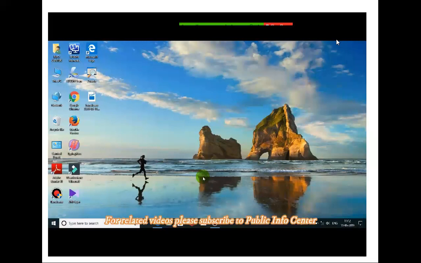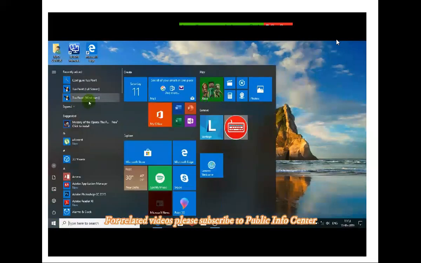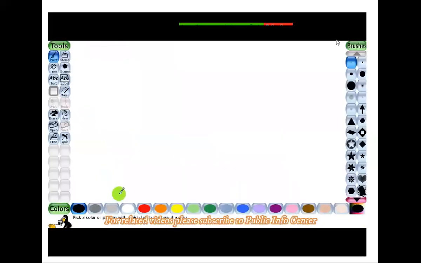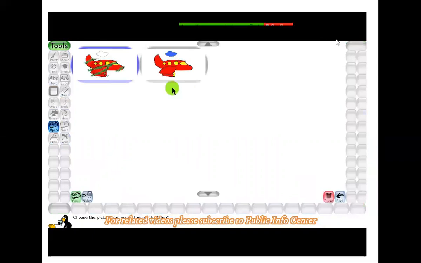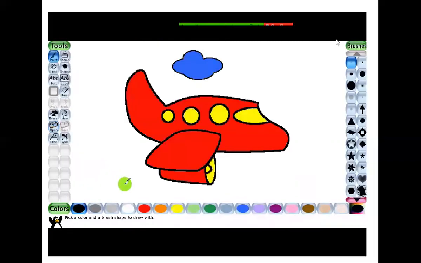Now opening the drawing. Suppose the drawing which you have saved, you want to open again. So how will you open it? For that you have to open Tux Paint again. Now Tux Paint is opened. So how will you open your saved drawing? To open your saved drawing, you will click on the open button from the toolbar. See here, the drawings which we have made are here. The drawing which you want to open, you will click on that and then click on the open button. You see here, this open button. So I've clicked here. You see, your drawing is on screen.